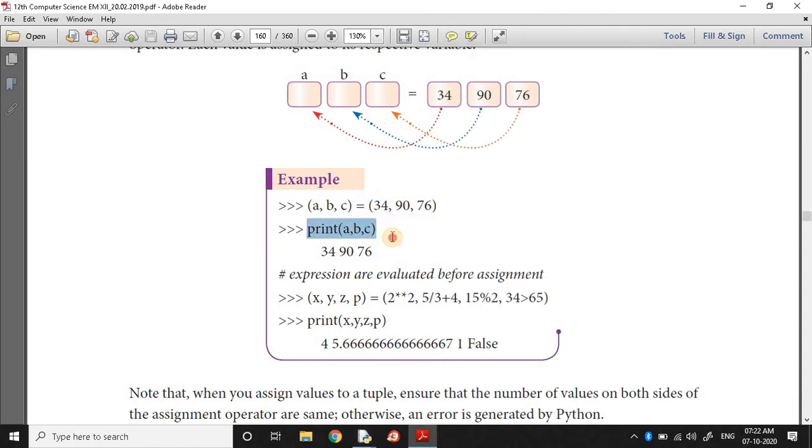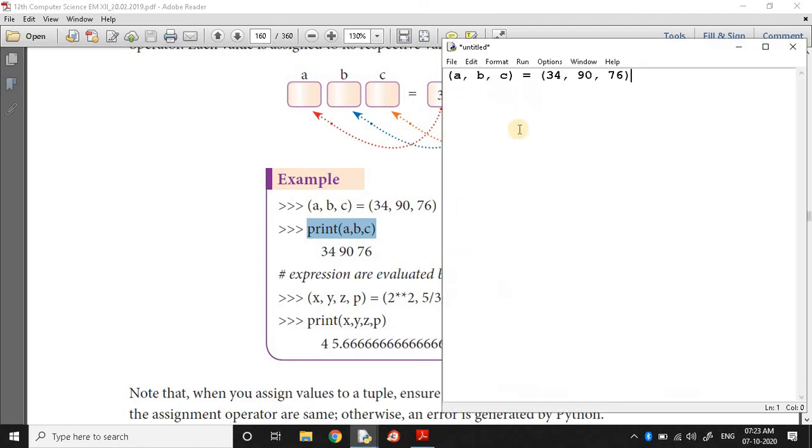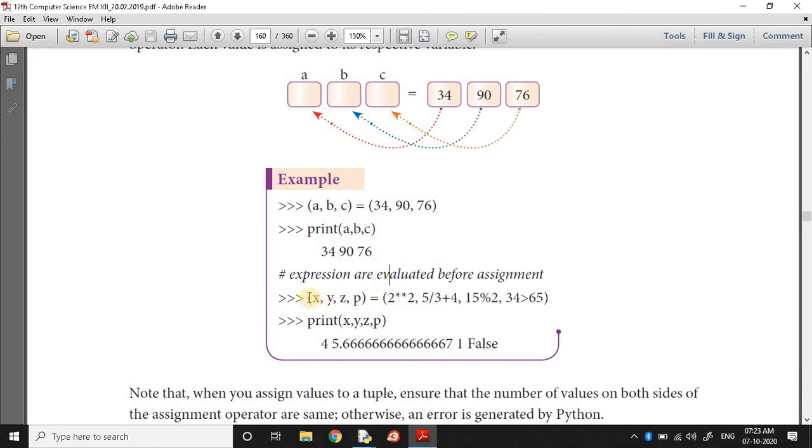Then next one, the same thing with expressions also.